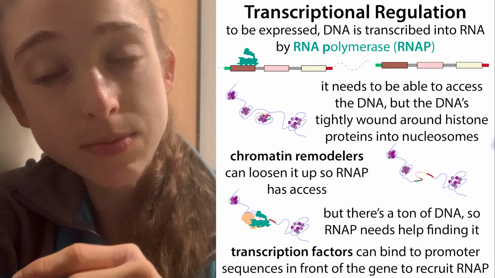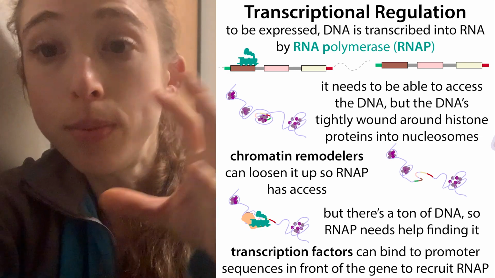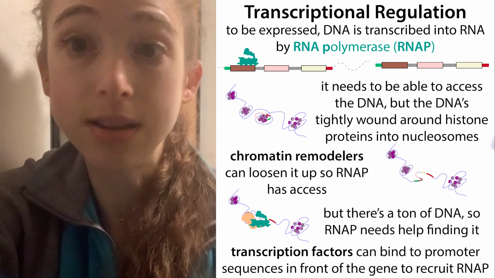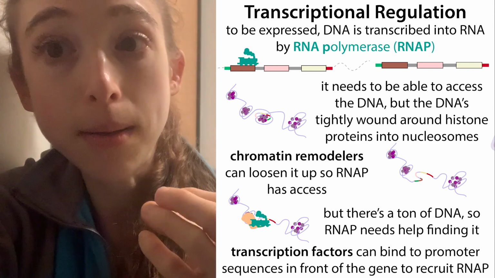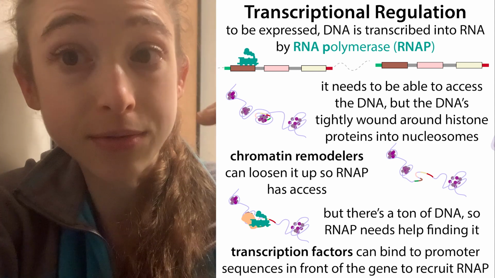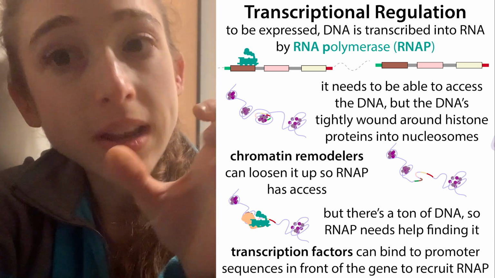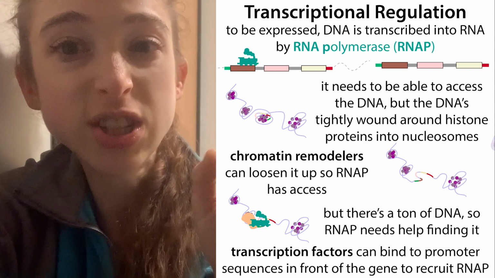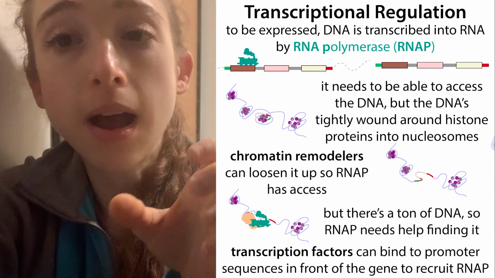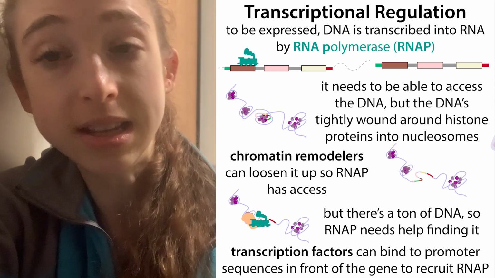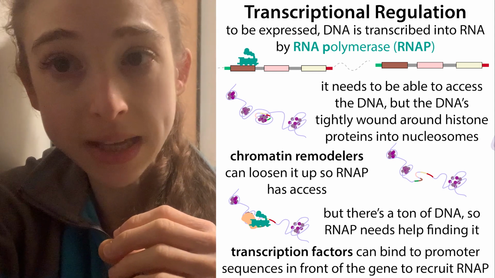But in order to make those messenger RNA copies, you need to transcribe the gene. So we have to open up the region, and then we have to get the transcription machinery, this RNA polymerase, to actually come and bind in front of the instructions and make the copy of it. In front of those instructions, there's a region called a promoter. There are also regions like enhancers and things like this. But the promoter region is where the RNA polymerase is going to get recruited, and it's going to start making its copies.